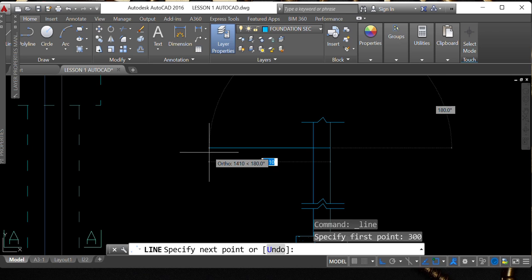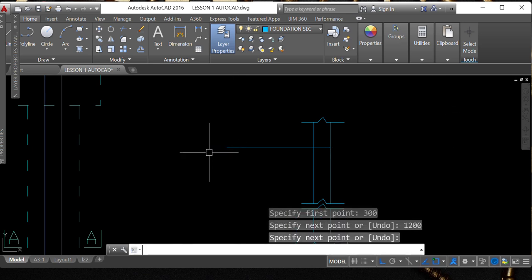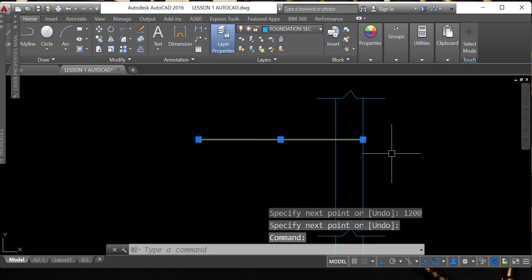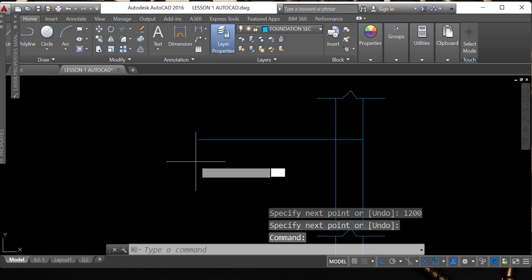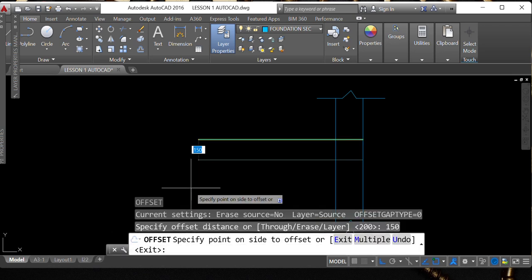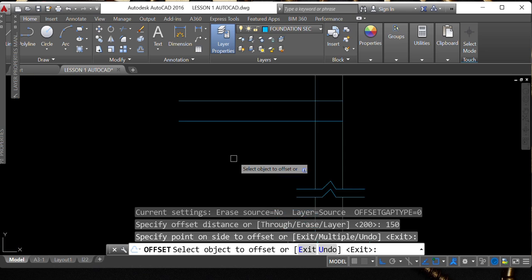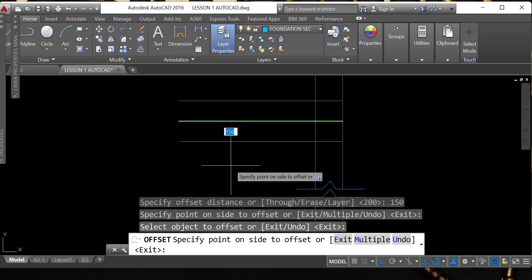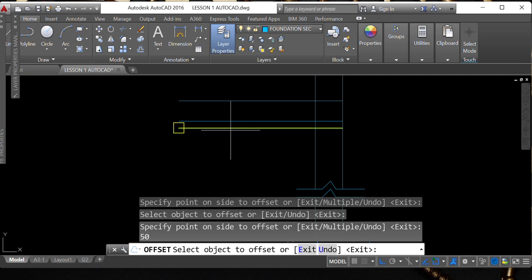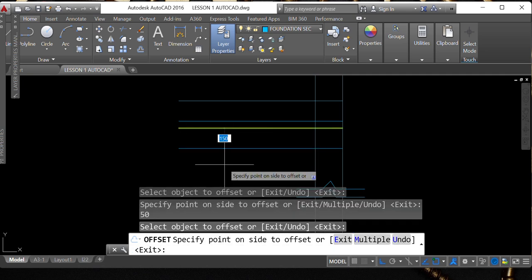Maybe 1200. Now we'll offset this line by 150 for the thickness of the slab. Offset by 150. That is the thickness of the slab. Then offset this again by 50 for the thickness of the lining, and then this by 300 for the thickness of the